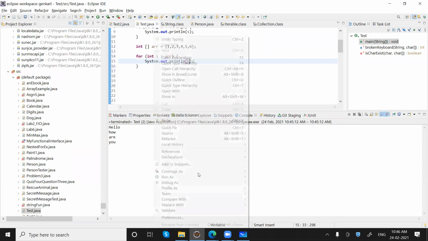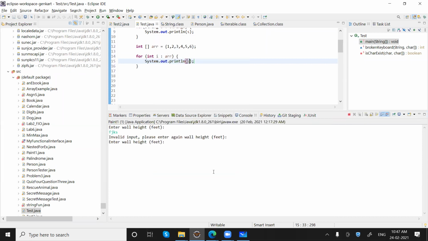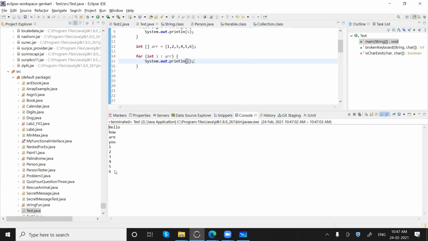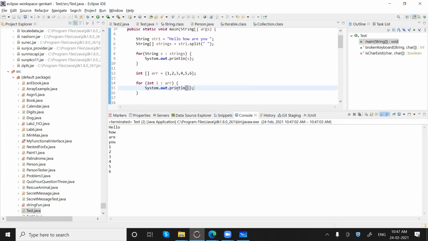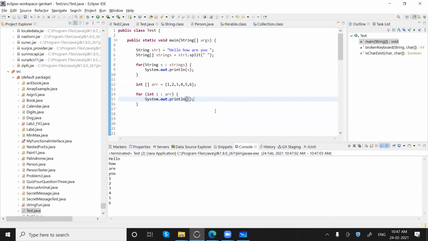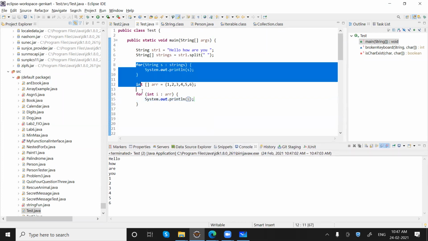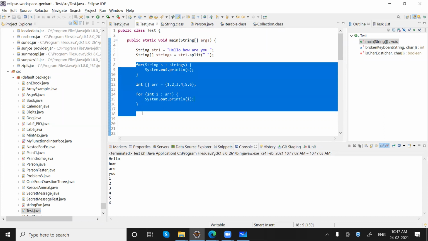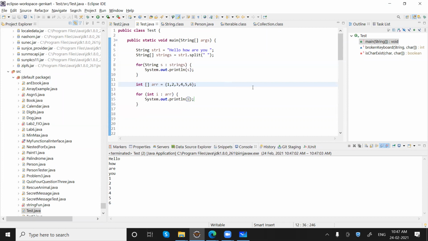Okay, so you can see we are getting each element here on the console. Let me know in case you have any doubt with this for each. I haven't worked with this in the past because that was not the right time, but yes, we can use this with arrays. So that's why I'm telling you. Let me know in case you have any doubt in this.